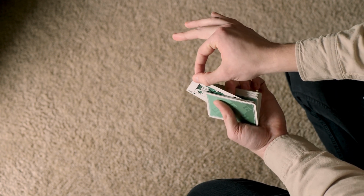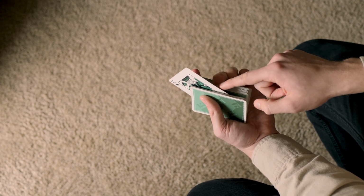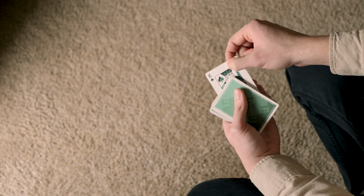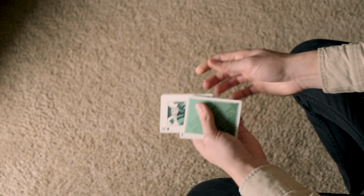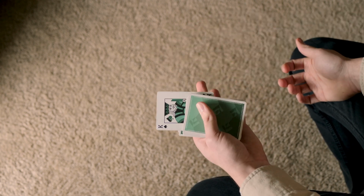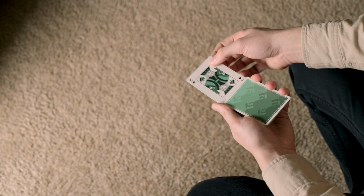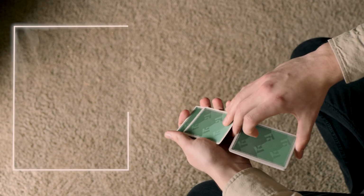And then as this card rotates, it's rotating between mainly your middle finger there, and not moving any other packets with it. Okay, and then once it becomes aligned, once you get the rotation aligned with the rest of the deck, you can then release your middle finger and put it on top, and then finish it like so. So a clean ending,